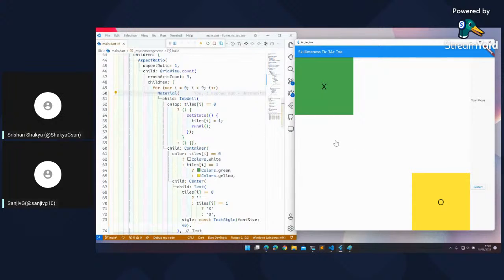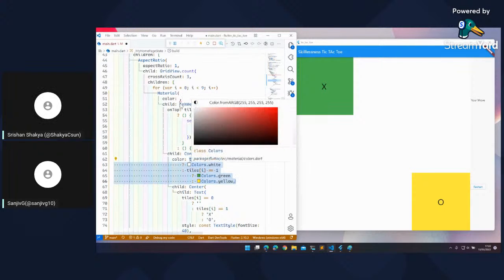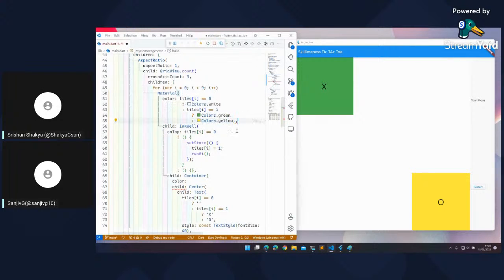Huh. The ink is lost. Our ink is lost for some reason. Let me try doing this.